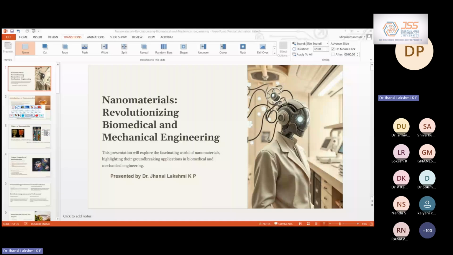As we were discussing sizes, this hair is 60 micrometers and bacteria can be 0.15 to 2 micrometers, whereas DNA, which is in our body, is 2 nanometers. Then this UCNP, that is upconverting nanoparticles, is one type of nanoparticle which will absorb multiple low energy photons and emit a single high energy photon. We will be discussing these nanoparticles a little later in this presentation.